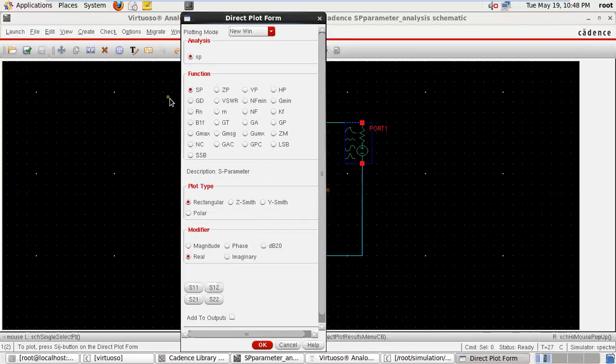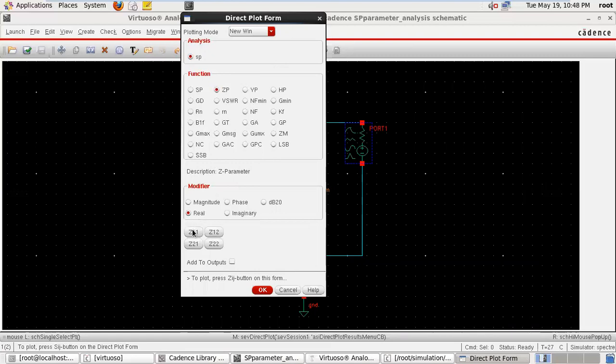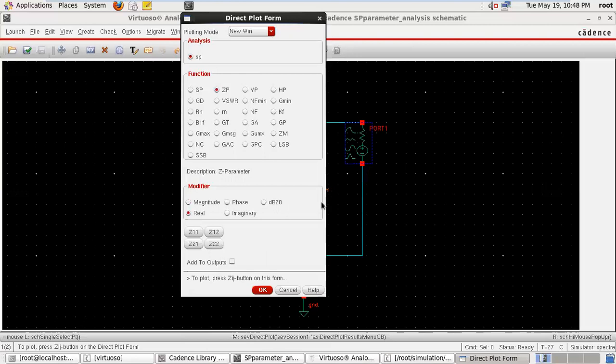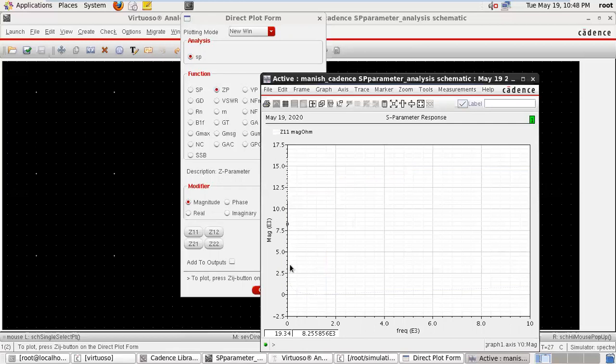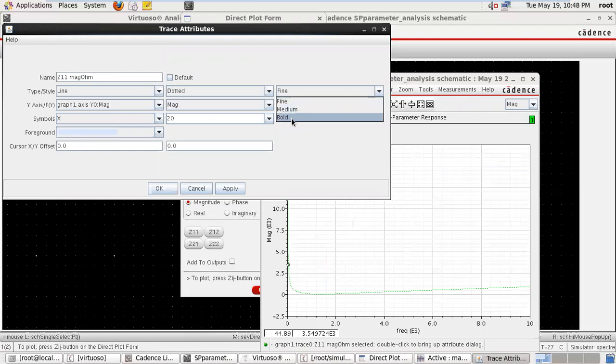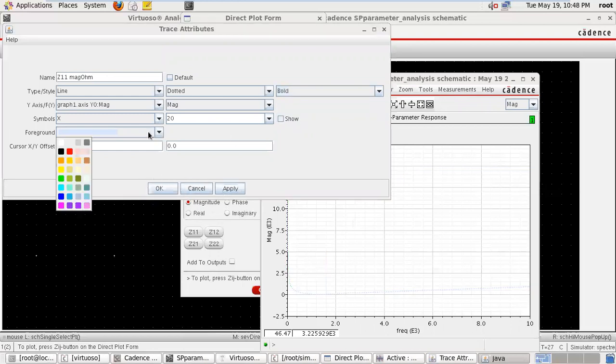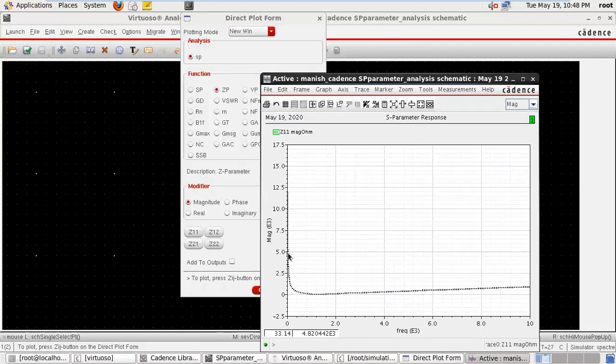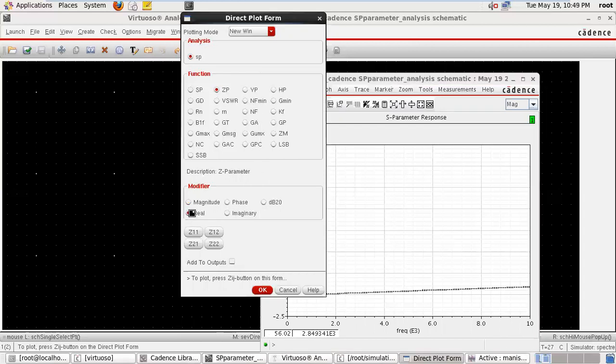If you are interested in impedance Z parameters, so Z11, here we have taken the real part magnitude. Suppose we are interested in real Z11. So just see what the impedance is. Bold, apply, color suppose black. So this is the value of the real part.